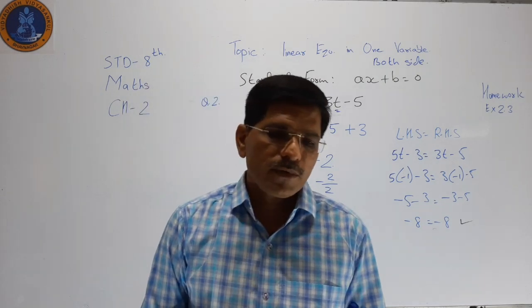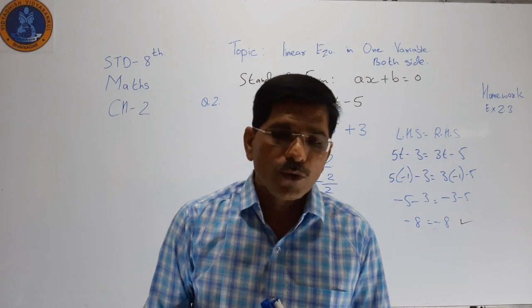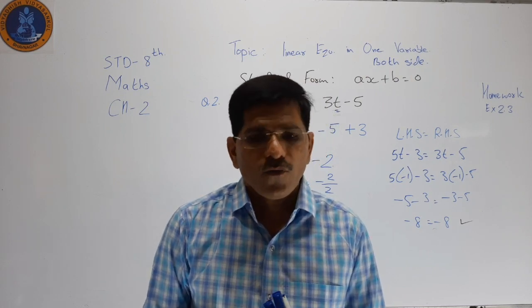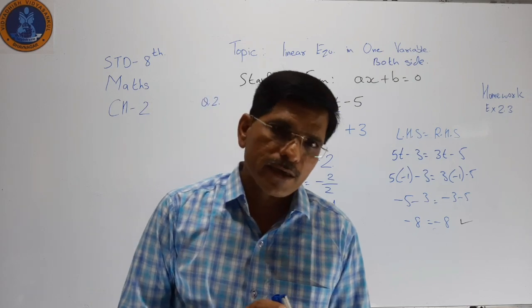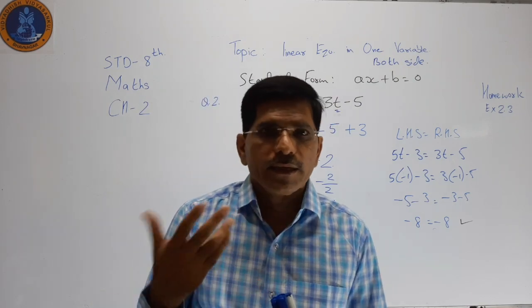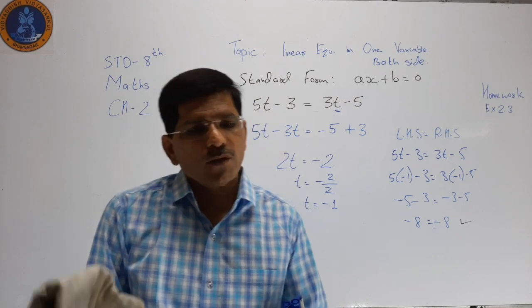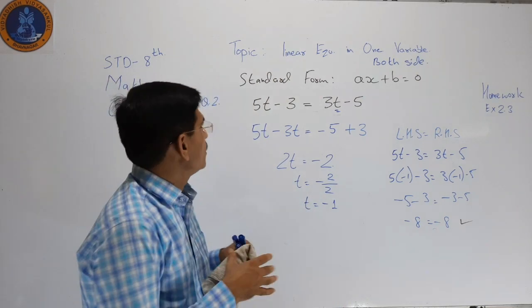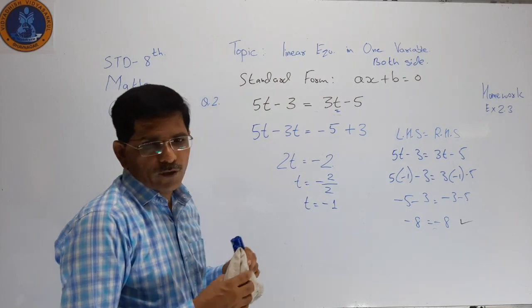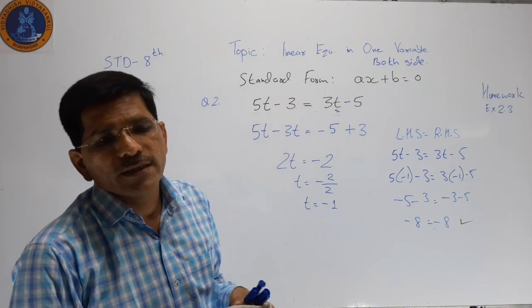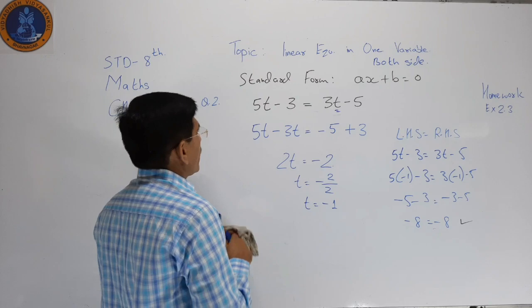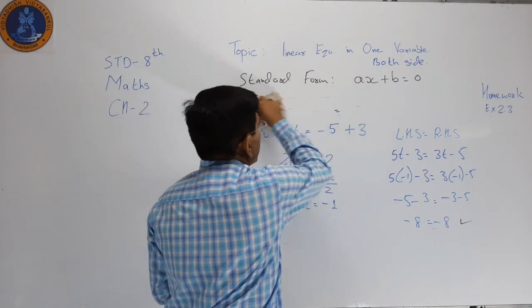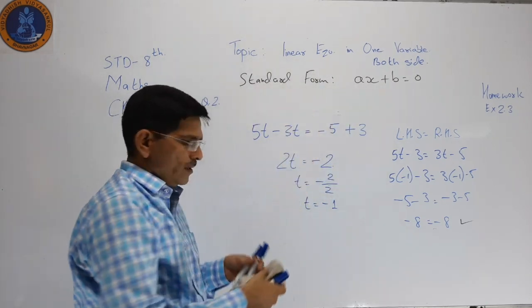So same sums you have to do in your fair book, because I am explaining all the sums here. So you won't have any doubt related to it. So now question number 3. So second sum I have completed. I think you have to write this. So I am writing only the question, 5x plus 9.